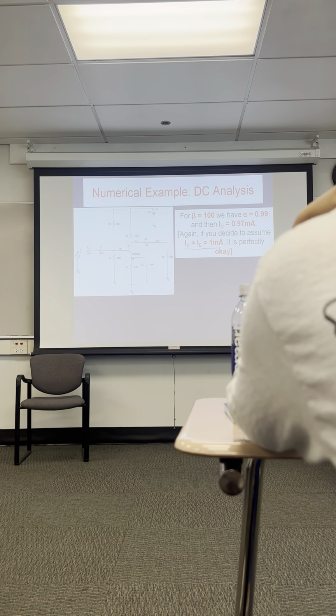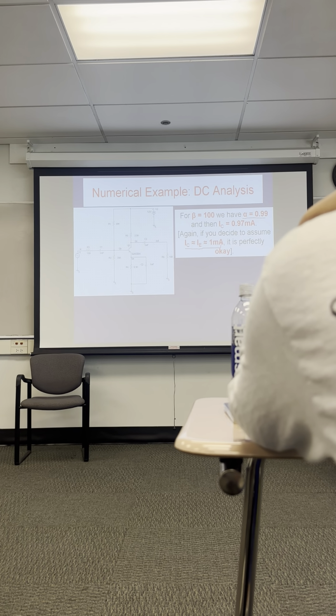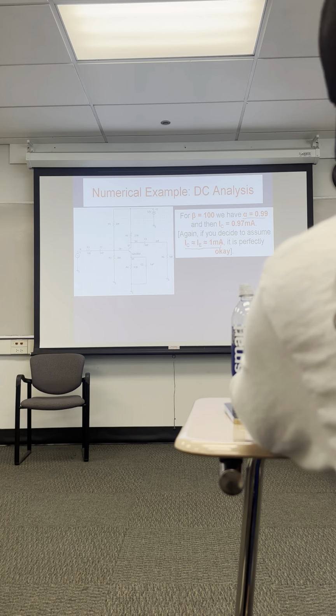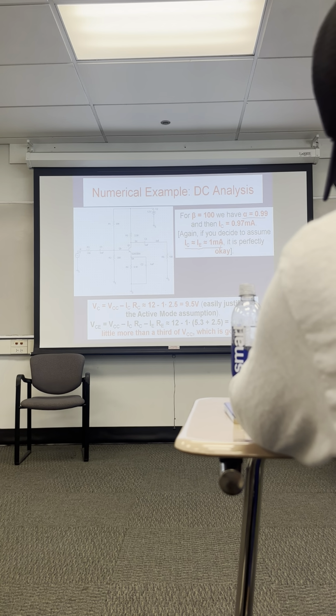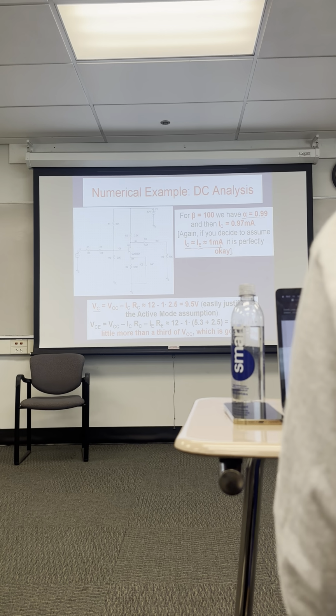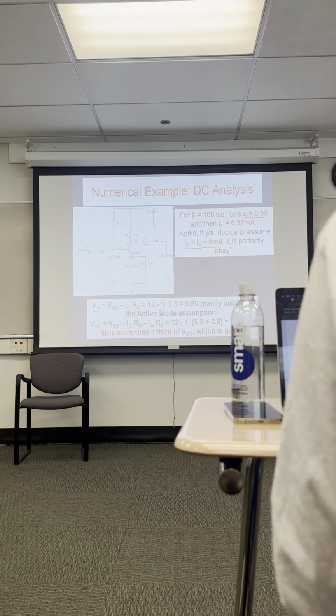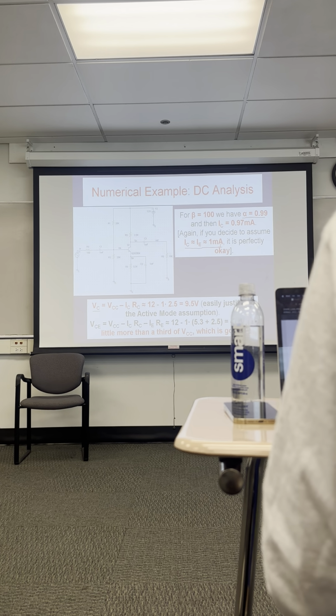You're assuming I sub C is approximately I sub E, and alpha is not exactly 1, it's 0.99. So when you work with a problem like this, remember to write down any assumption that you're making in your work here. The collector voltage, V sub C, we just use the voltage drop across the collector resistor: battery minus I_C R_C,